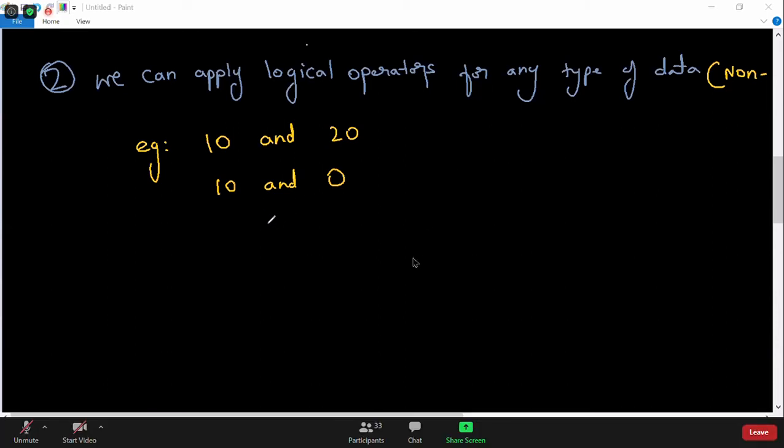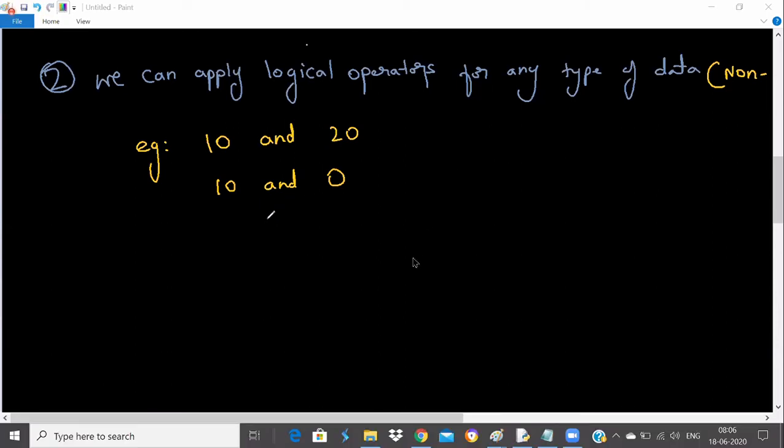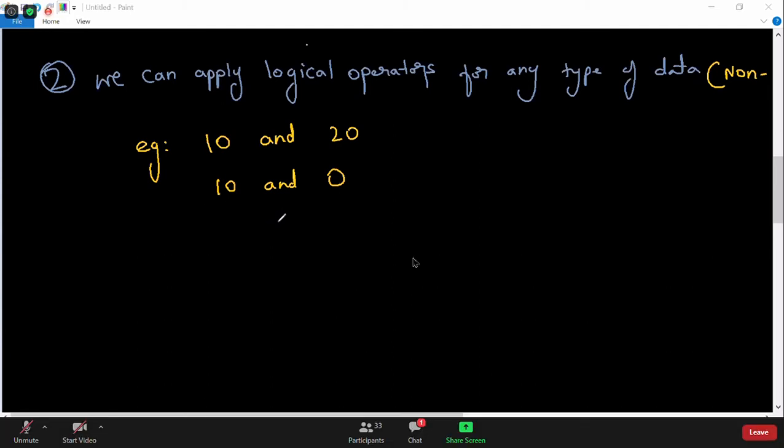Shall we correct now? What will be the answer for these problems? For that you need to understand a few rules. Now let us talk about those rules. The answer will not be in true and false, guys. That's what you need to understand. That's why I told you it will be a very important interview question. There are three things hidden in it. So let us talk about it.